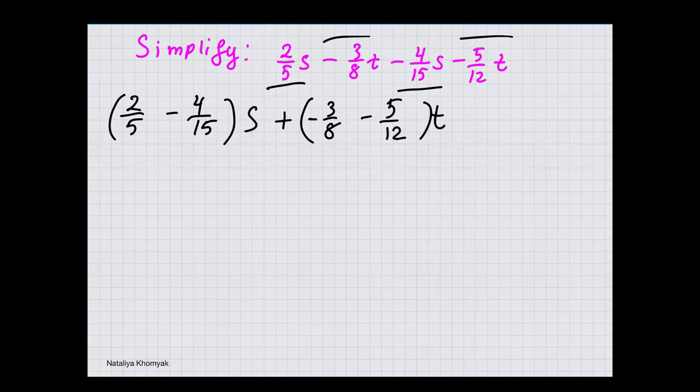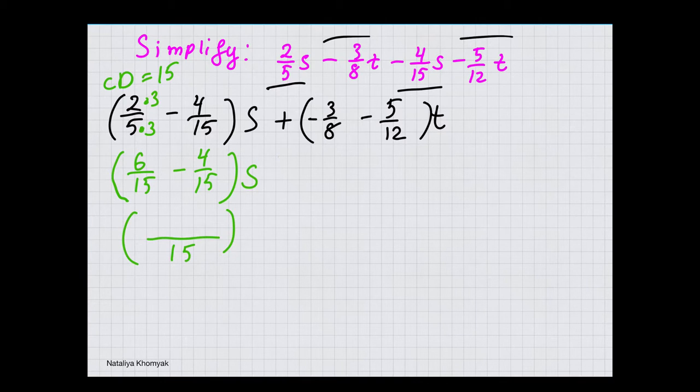To combine the first set of fractions, we need a common denominator of 5 and 15, which is 15. We need to multiply 5 by 3 to get 15. Whatever we multiply the denominator by, we multiply the numerator by it. So we get 2 times 3, 6, 5 times 3, 15, minus 4 out of 15 of s. Common denominator is 15. 6 minus 4 of s. And out of 15, the difference between 6 and 4 is 2